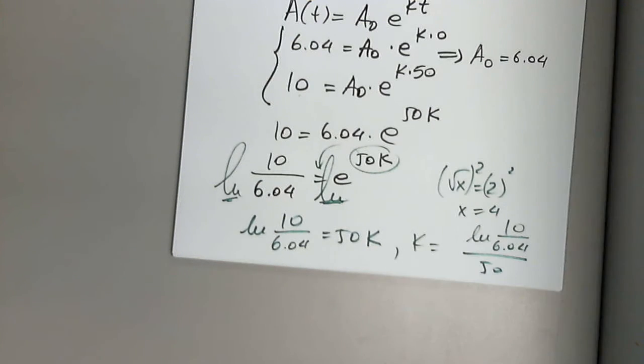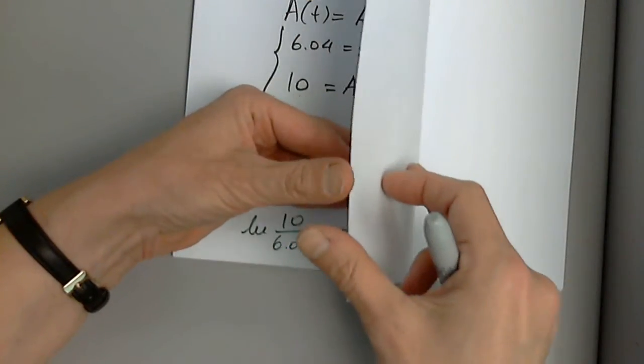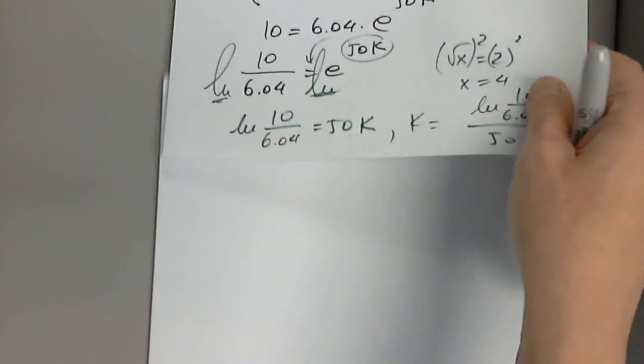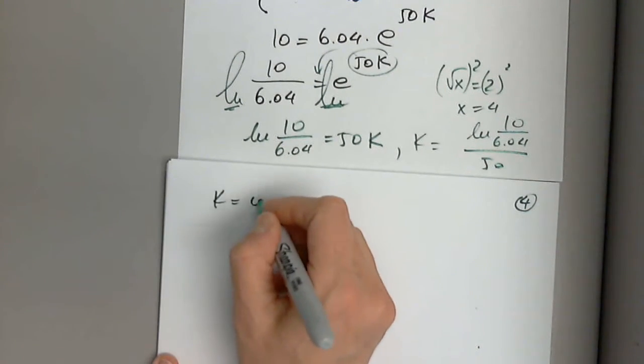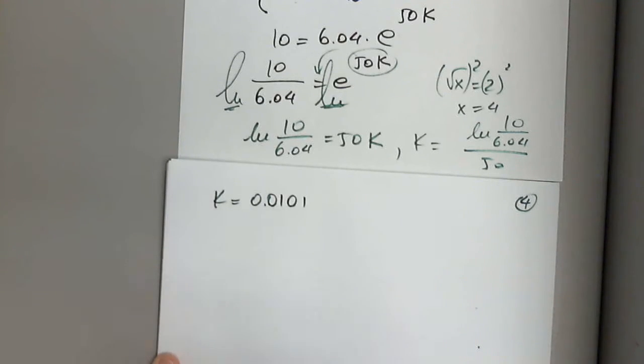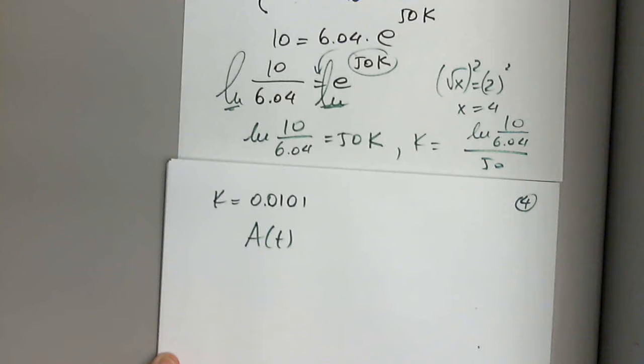So for these, either interest rate or growth rate or decay, we have to use 4 digits. If the next digit is 5 or above, I have to round up, so 0.0101. So please use 4 decimal digits. So then K equals